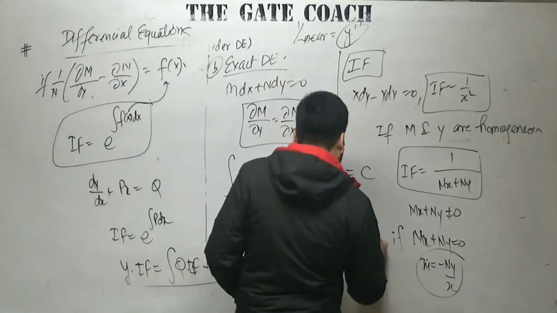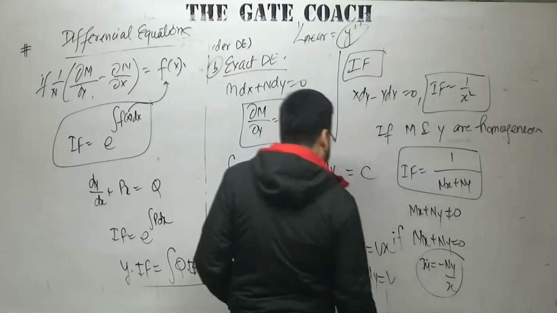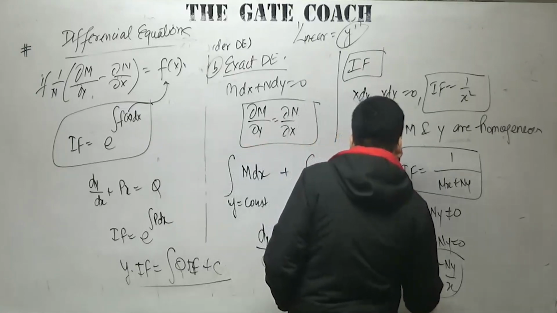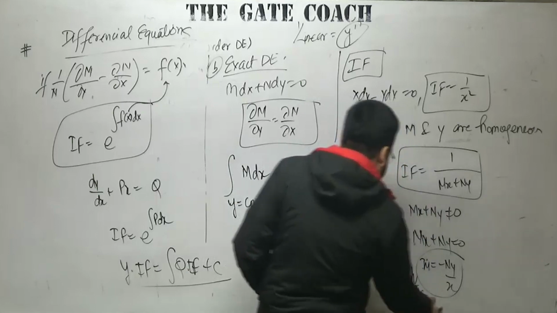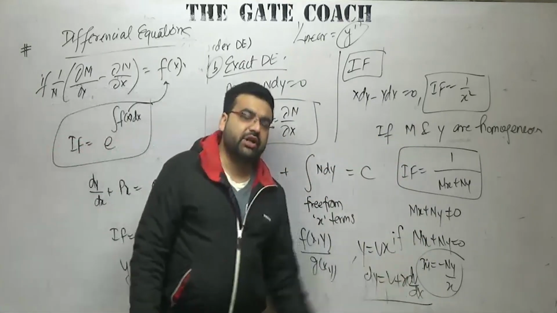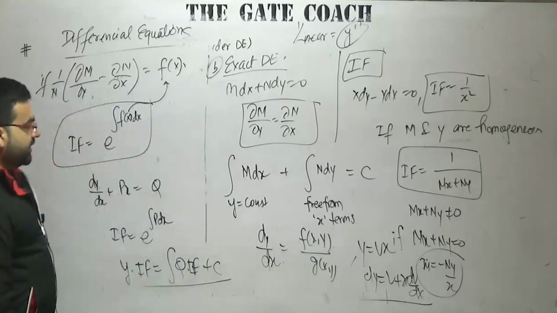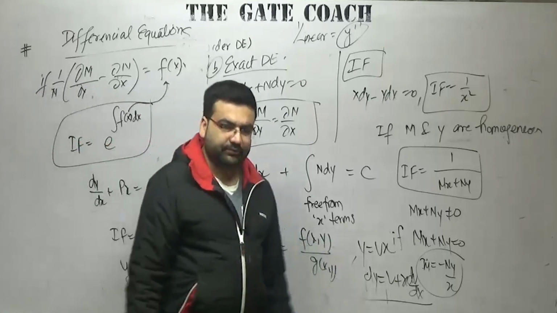You put y is equal to vx. dy will become equal to v dx, first function divided plus second function into dv by dx. You put y is equal to vx, you convert it into this form, everything will be converted into v and x form. That will be very simple, right? So not going to repeat it. This we have also done in class 12th.